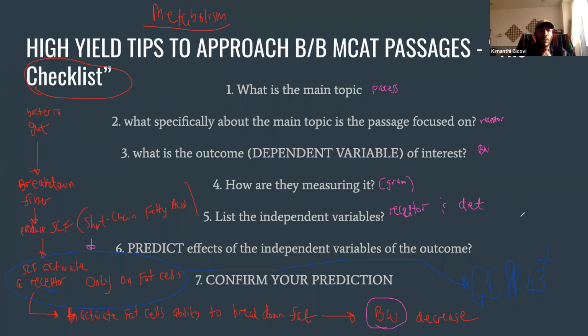Okay, cool. So let's do a little bit of prediction. What do you predict is going to happen if there is no receptor? They are going to probably gain weight. Good. And what do you think would happen if we gave them a diet that was super fatty? If they're super high in fat and they don't have the receptor, they're gonna.